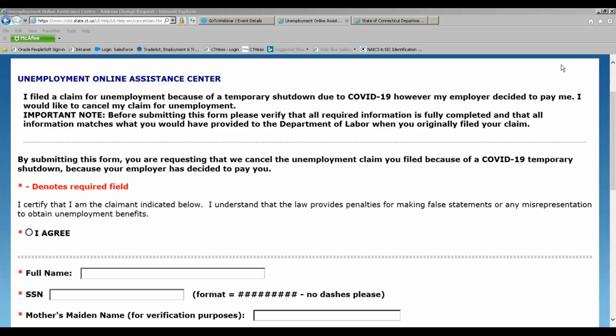Our advice is that if you've gotten the money and you get the letter from us, you can put that money aside or hold it somewhere so that once you get the letter from us, you'll know exactly the amount of money you owe us. We're also advising people to not send in the money ahead of time, but to wait for the letter to come from us so that you'll know the exact amount of money that you need to return to us.